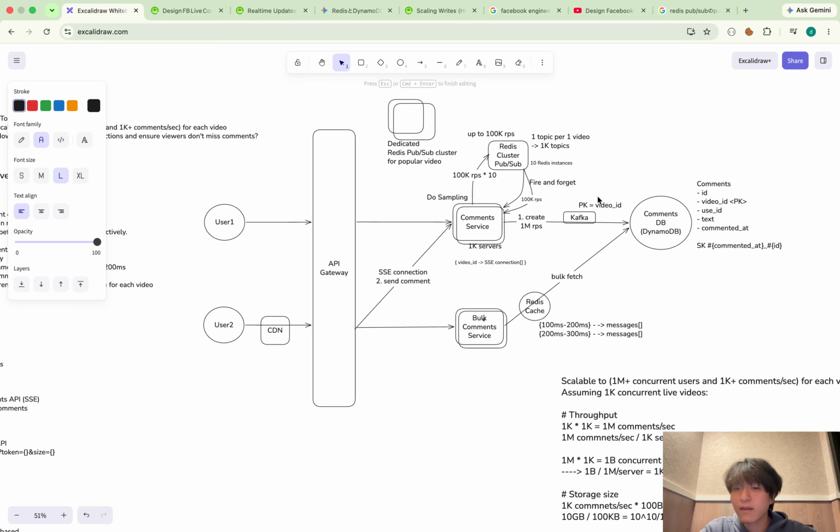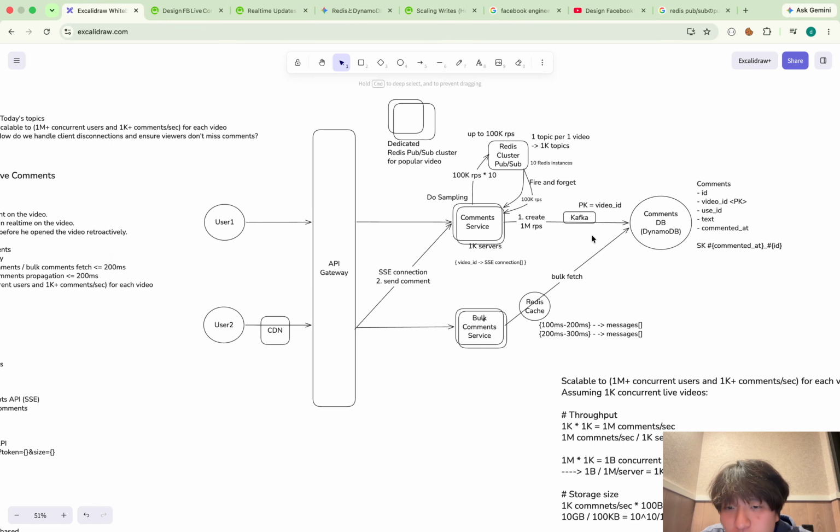Okay, so I will go back to the main discussion. The command service now pushes the messages to Kafka, and then does the sampling, then pushes the messages after sampling to Redis cluster PubSub. So now this Redis cluster PubSub is not heavily loaded, and all the messages are stored in the DynamoDB. Both of them are satisfied.